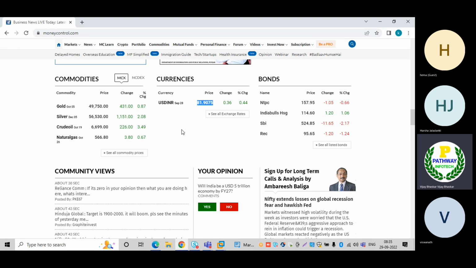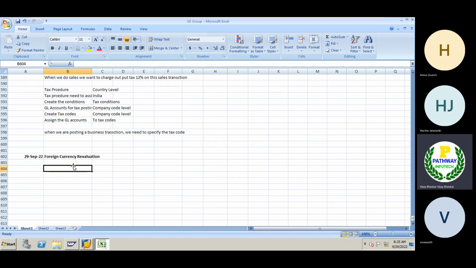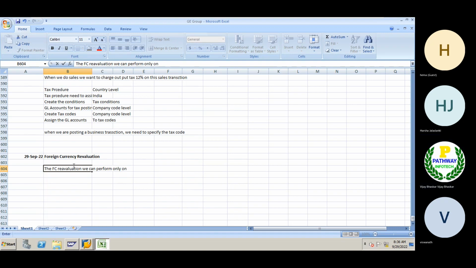So due to this fact, we must perform the foreign currency revaluation. Due to the exchange rate fluctuations, we must perform the foreign currency revaluation. This is the reason behind performing it. I will explain it to you one by one. Remember, the FC revaluation we can perform only on